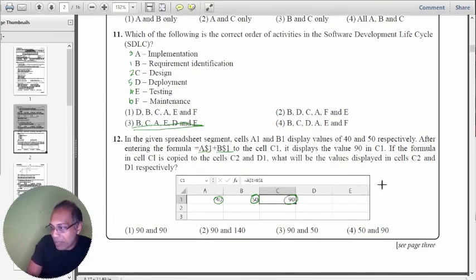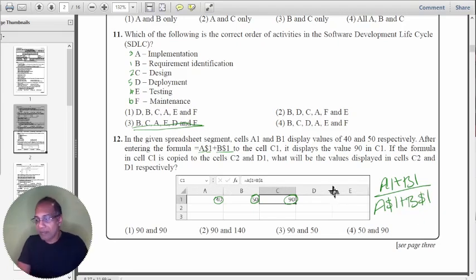So if you had A1 plus B1, that formula is different to A dollar 1 plus B dollar 1. There is a slight difference between that. It might look the same, but when it comes to Excel,